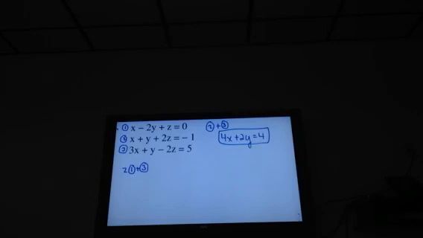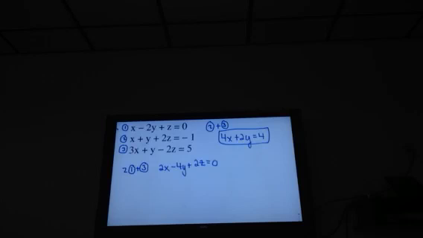So equation 1, I'm going to multiply by 2. So I'm going to get 2x minus 4y plus 2z. And here's one of the biggest mistakes. Literally, I'm not kidding. 2 times 0 is not 2. It's 0. Anything times 0 is 0. So 2x minus 4y plus 2z equals 0. It's worth taking the 5 seconds to recheck your work, because it's hard to go back and try to find